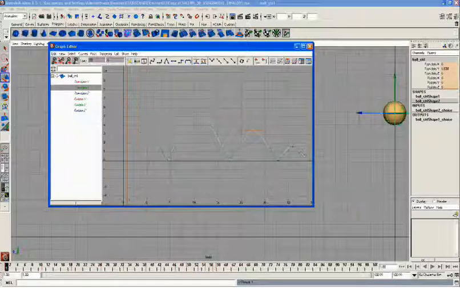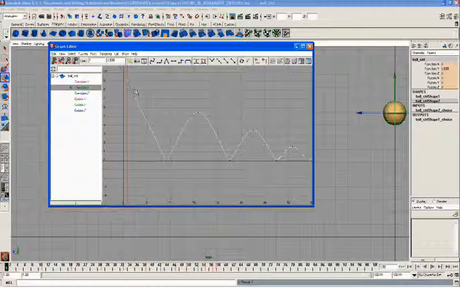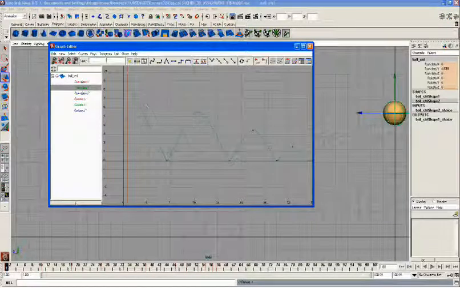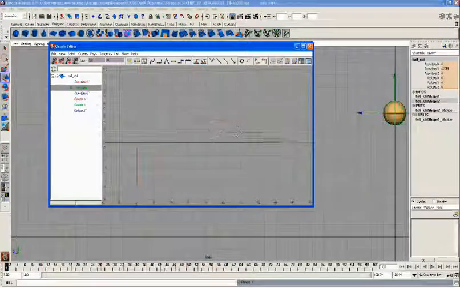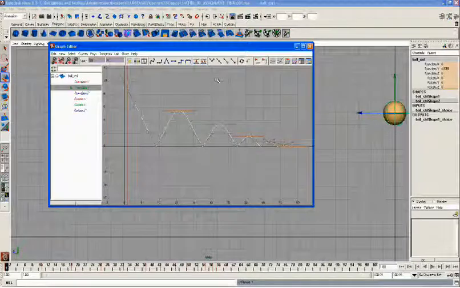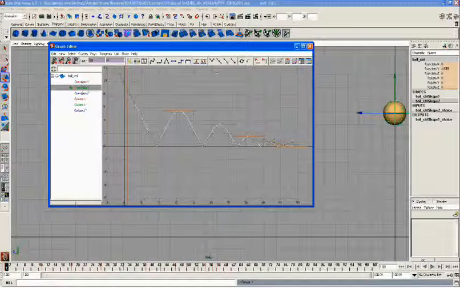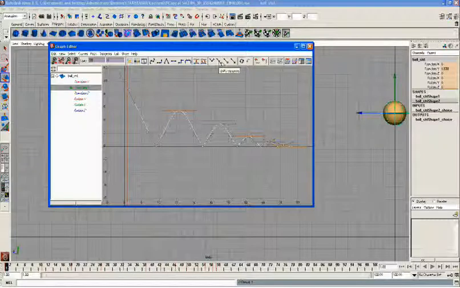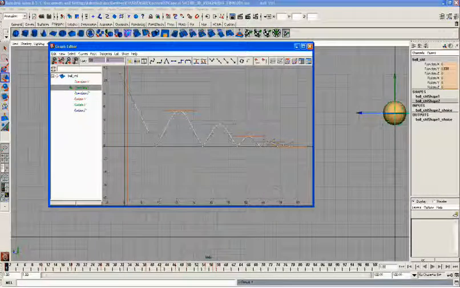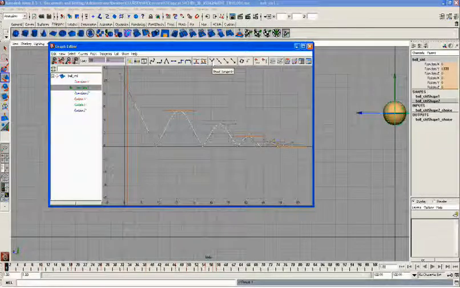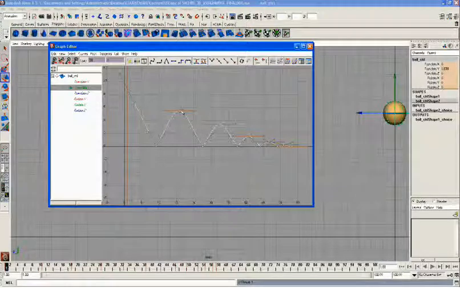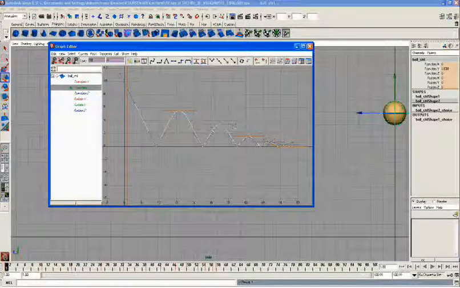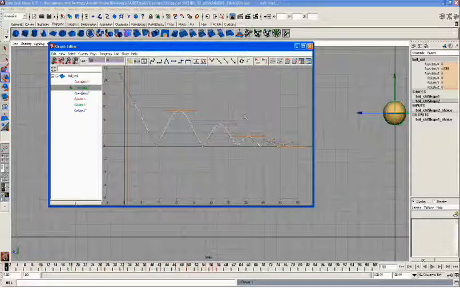I'll select the full key. If you click on the key, you will be able to select the key only, and if you select in the middle of this graph, you will be able to select the whole curve. So what we are going to do now is, here we have broken the tangents, as we have seen in breaking tangents, but I need to make it a weighted tangent so that I can give some more detailing in that.